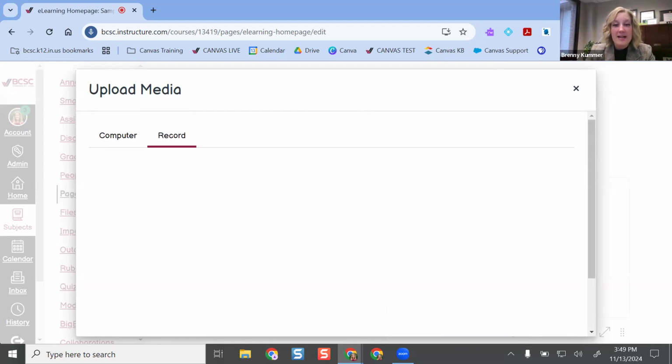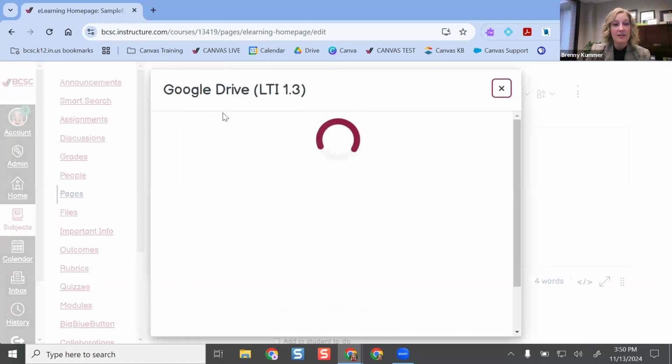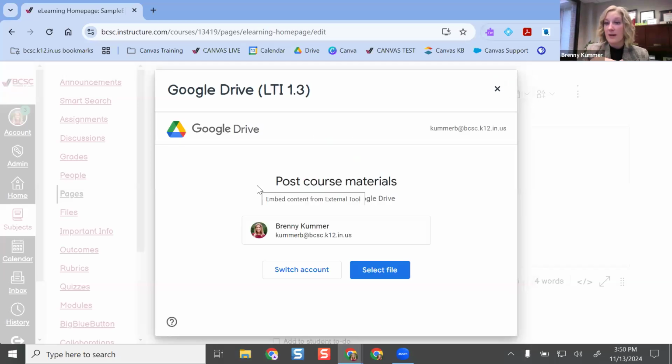All right. If I needed to add in links, the link button here on Canvas is how to do that. If I wanted to put pictures, other things in, super easy to do. If you are someone who really likes Google resources, there is a Google button right here. And if I click that, I can pull in anything I've made in my Google Drive into my Canvas course,